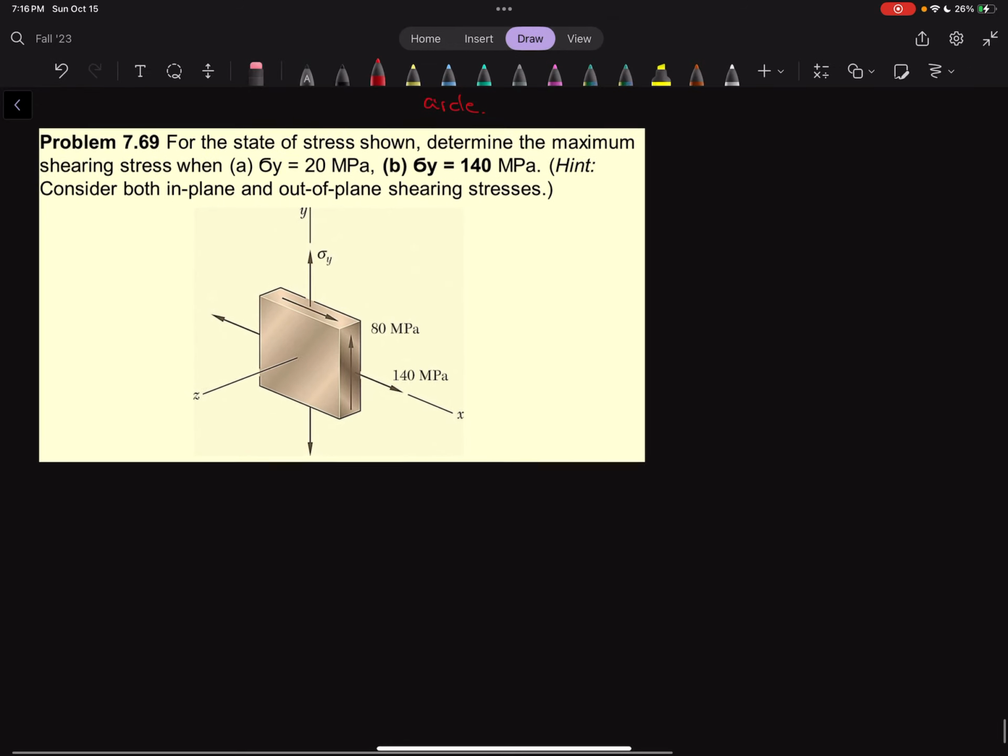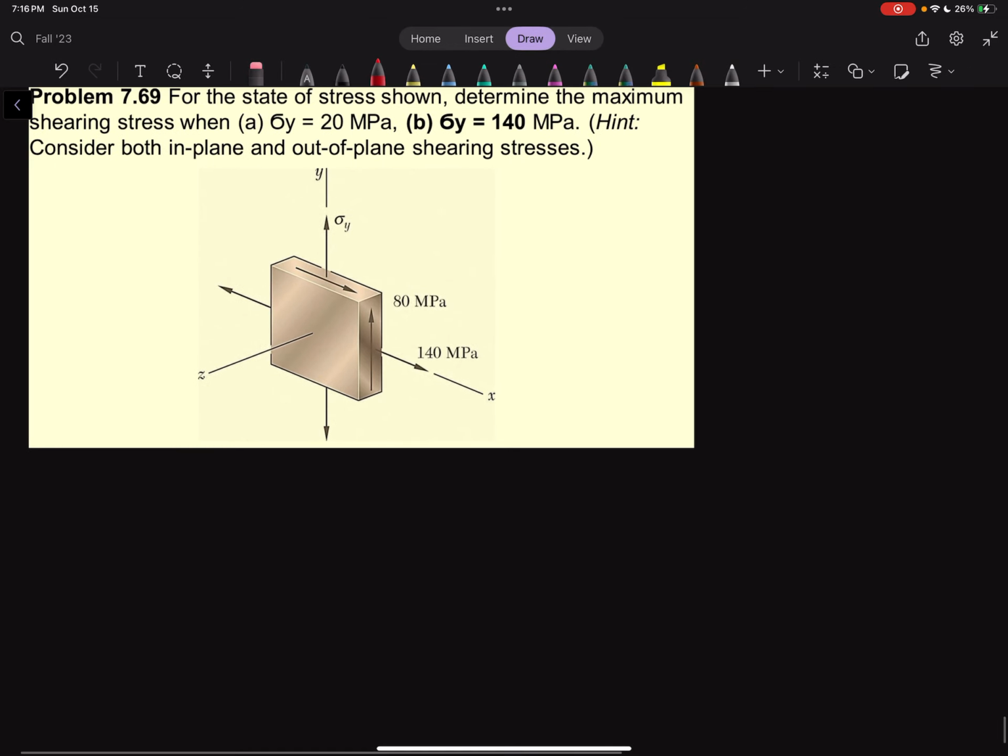For the state of stress shown, determine the maximum shearing stress when sigma y is equal to 20 megapascal and sigma y is equal to 40 megapascal. Consider both in-plane and out-of-plane shearing stress. Okay, well, for the first case, for part A,